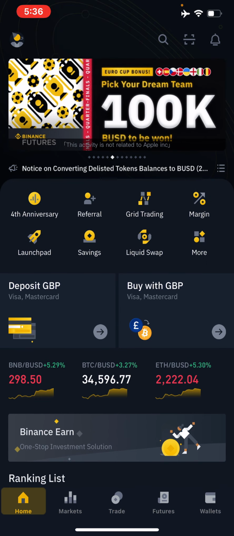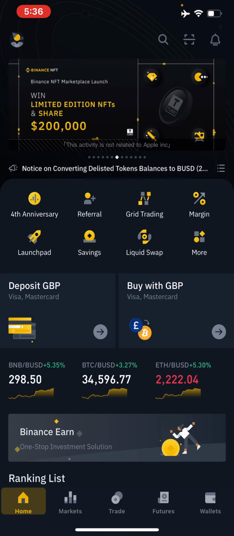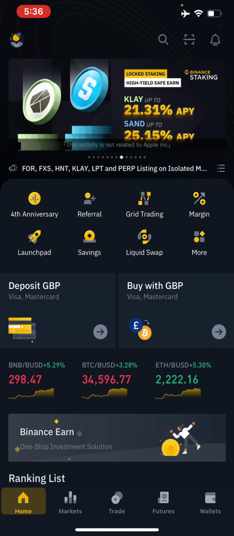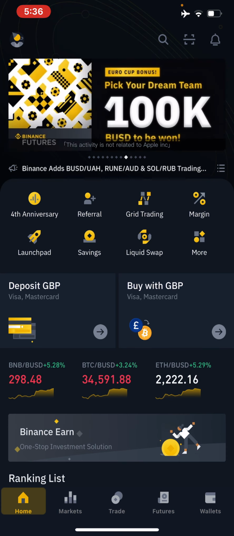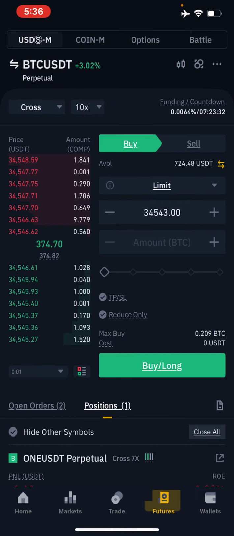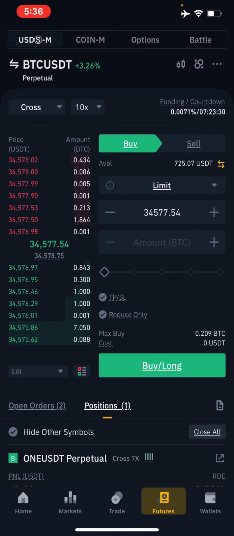Once you open your Binance app, the first thing you need to do, at the bottom there are tabs: home, market, trade, features, wallet. So we're going to be focusing on features, right? So we tap on the features tab. It's going to be something like this. This is Bitcoin / USDT at the top, if you can look. And on the USDT there is coin M and options and battles. So these are the four types of trading, but for now we're just going to be focusing on